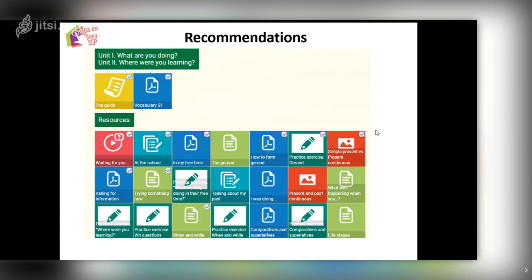We have some practice exercises that are very suggestible for you, that you can do as you have some free time. They are important. And